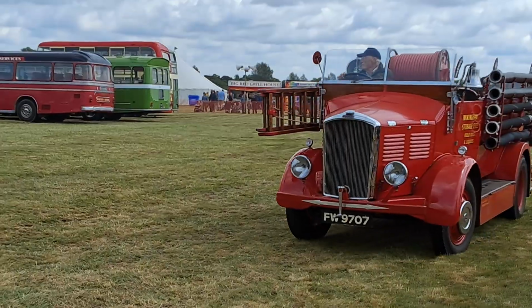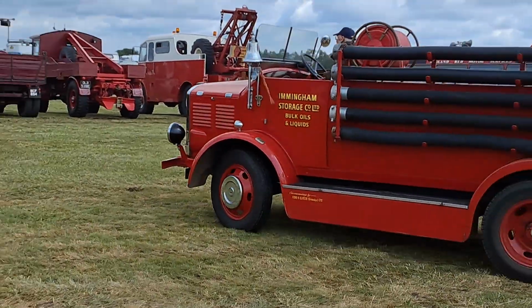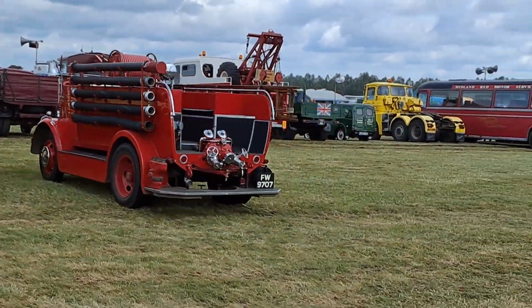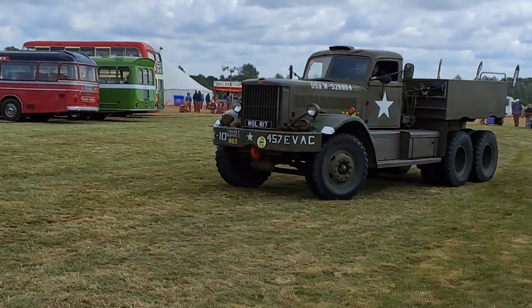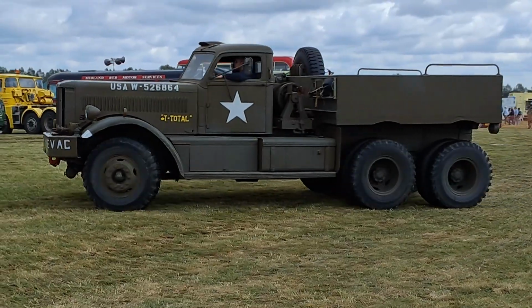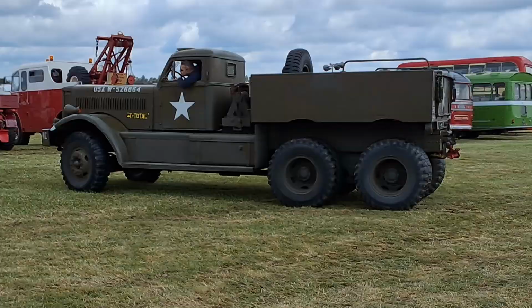It then went into retirement with several heritage groups, and in 1996 it was caught in a fire at Walton on the Naze, damaged, and it took 6 years to be put back on the road. And in 2007